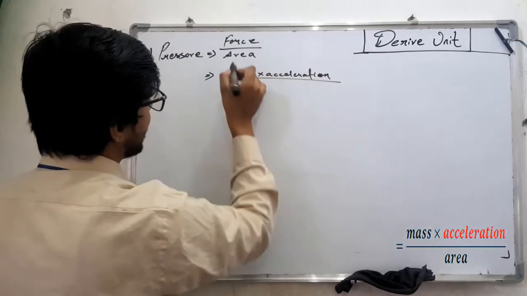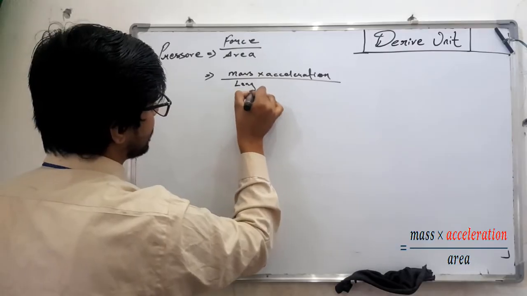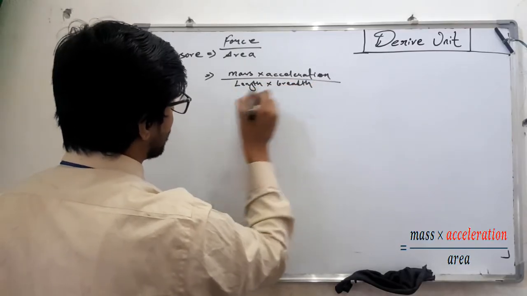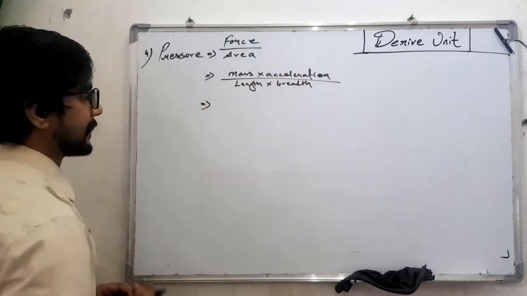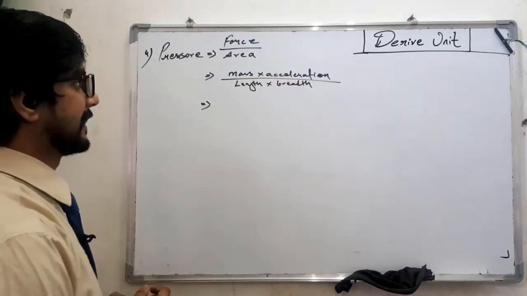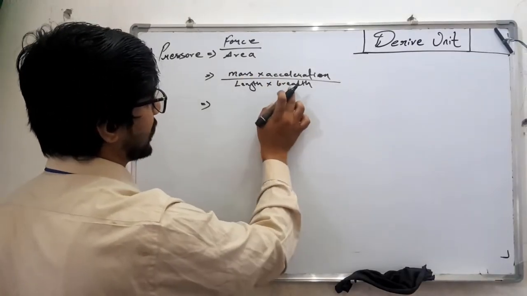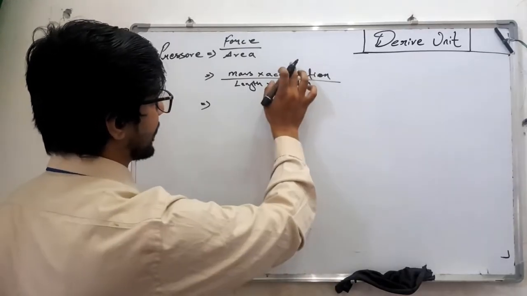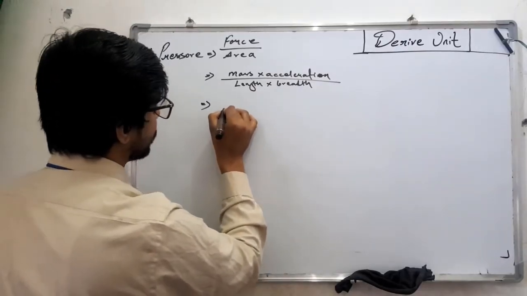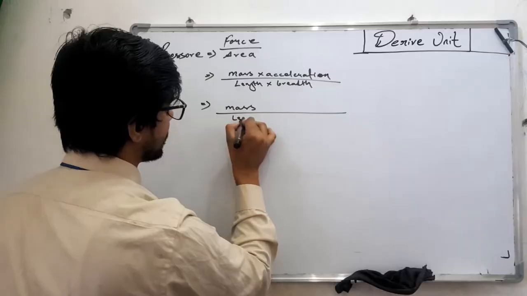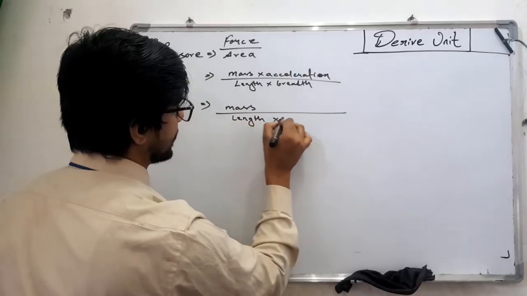Now area I can write as length times breadth. Now see which terms you got in the fundamental and which terms you need to change here. Mass, length and breadth are all fundamental terms. Acceleration I need to change, so I will keep this mass, length and breadth